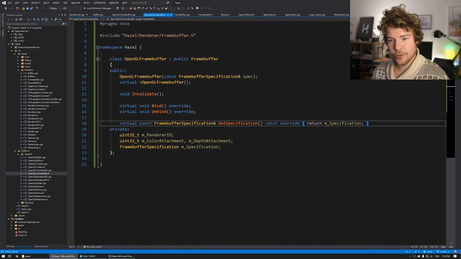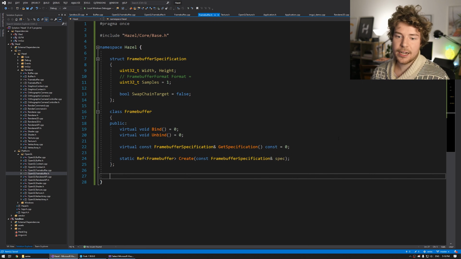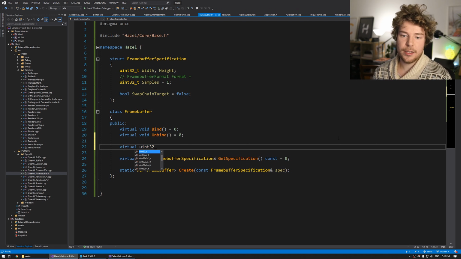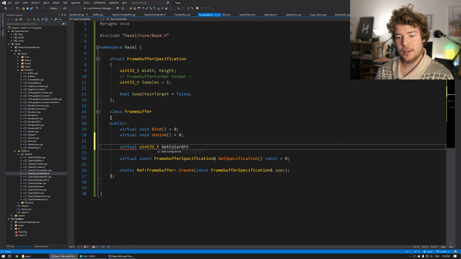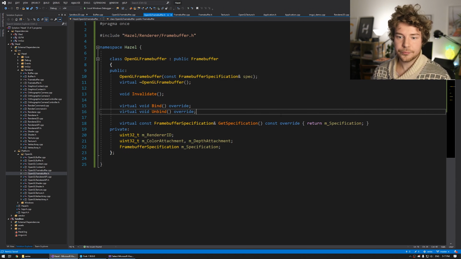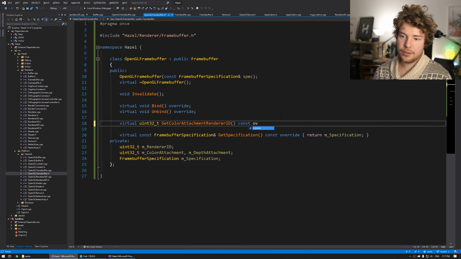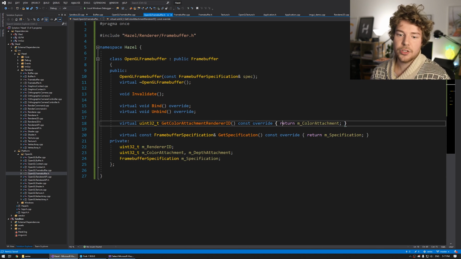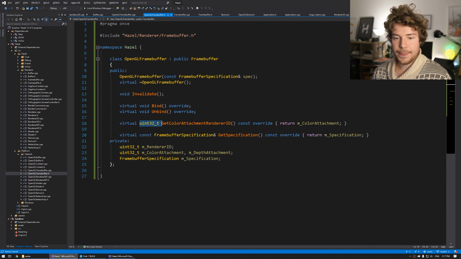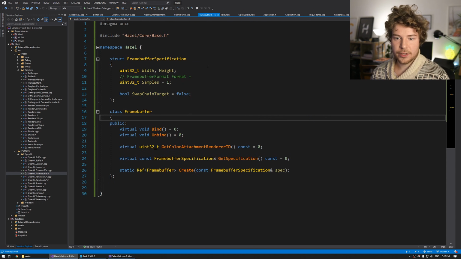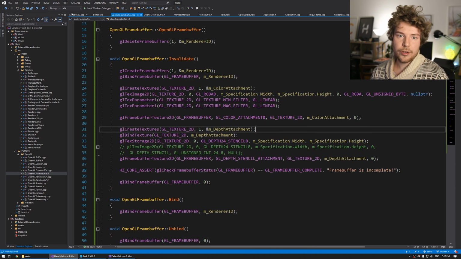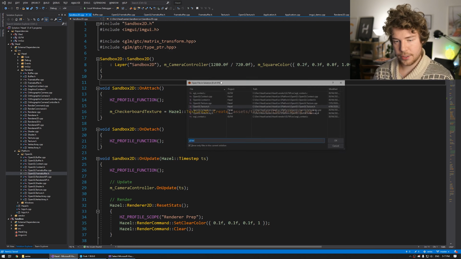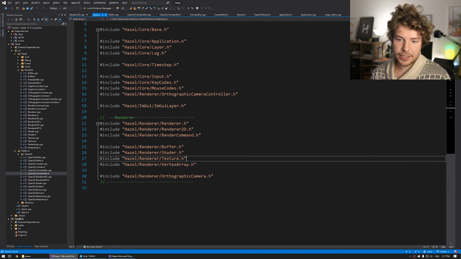The last thing we actually need, at least right now, is to be able to get a color attachment out of this. So for now, I'll just add a uint32_t here called GetColorAttachmentRendererID. What this is going to do is just return the color attachment, so that we can bind it as a texture, because the idea is we should just give that to ImGui. Okay, so basically, if I've done this right, which is very questionable, but if I have,